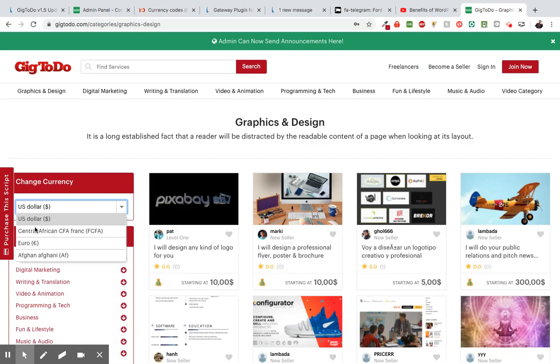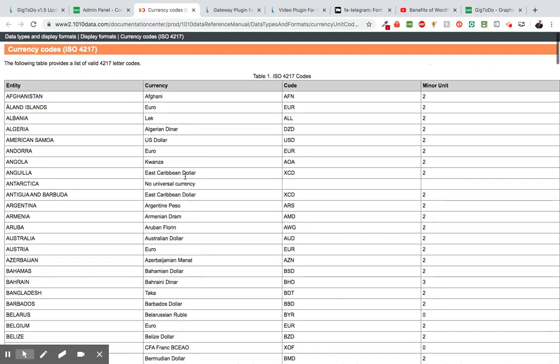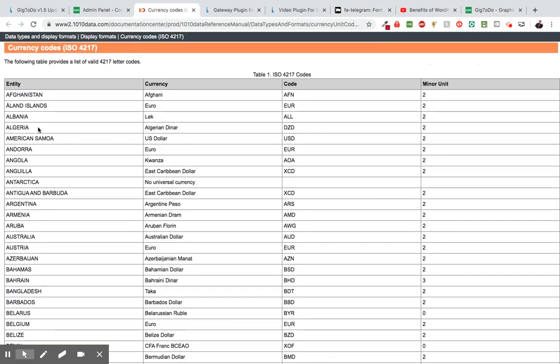So we're gonna pick a currency and add to the list. Before we do that, take note just the US dollar, the Central African CFA, the euro, and the Afghan currencies here. So we're gonna add something new. So we're gonna go back to this link right here, and we're gonna add the currency for Albania. So again, this is the code right here. So we're gonna copy that